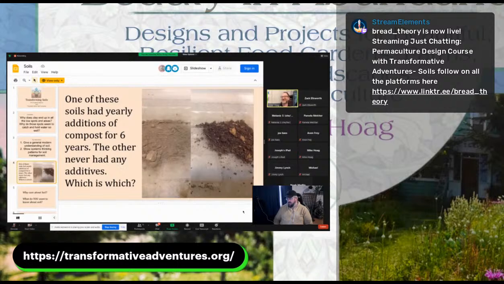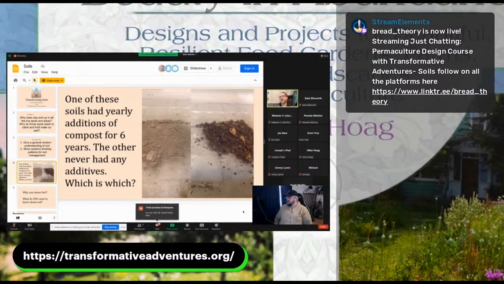I'm going to give a little space there in case anyone wants to add to that. I see Bill Mollison said composting wasted a huge amount of your nutrients. That is absolutely true. When you compost, a good percentage of the nitrogen, at a minimum 30% and in a lot of cases 60%, is lost to the atmosphere and to soil water. Even a lot of the carbon is lost. A lot of other nutrients break down and get lost because they're water soluble too.